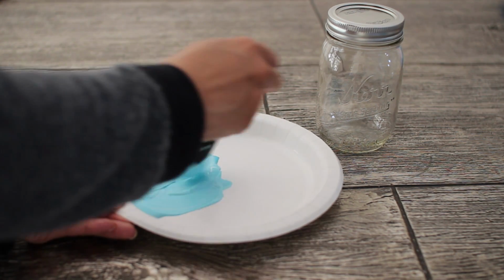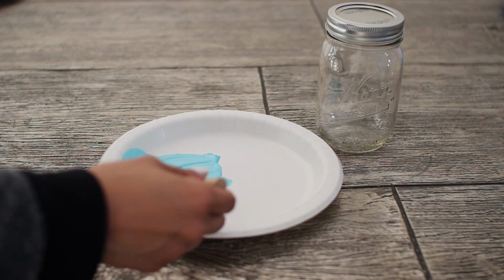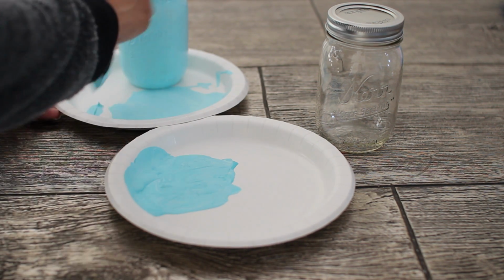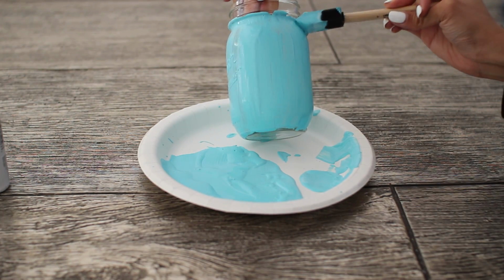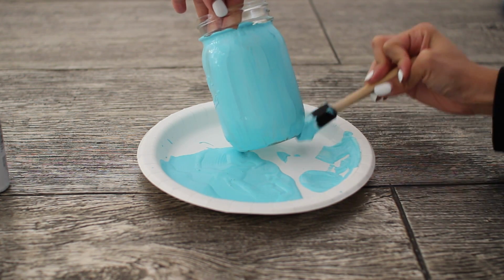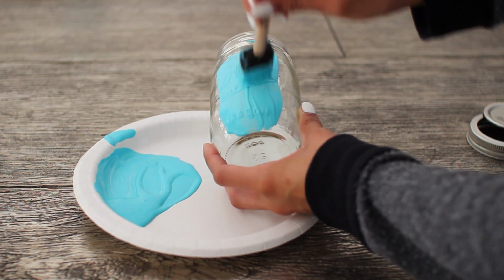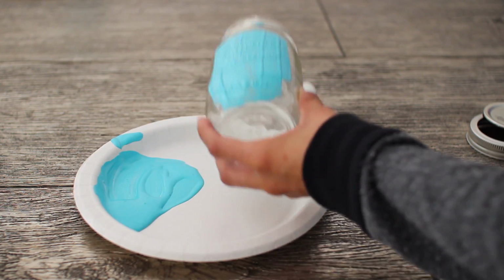Now just repeat the process for the next one, but basically we're going for a gradient effect or an ombre effect, so make sure you compare the last color and make sure that this color is just a tad bit darker, not too much of a difference, but a little bit darker than your last one, and just go ahead and apply an even layer again like you did before. And for the last one, you're just going to take the paint color straight out of the bottle and apply an even layer. You don't have to add any white to the last one because we are going for that